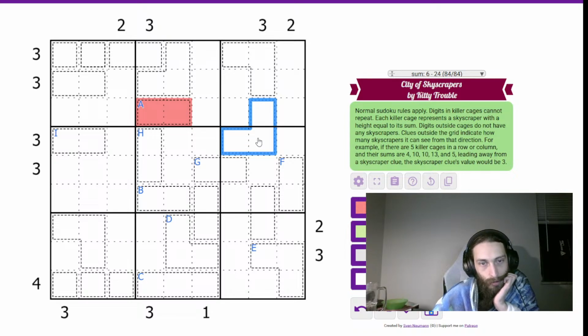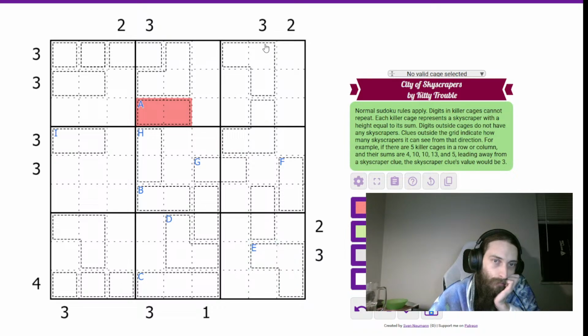Okay, this one is larger than H. But E is larger than H. So I don't know where this is in the chain for this 3. Because this could be larger than E, and then this is simply larger than that, and then it's just those 3. But even if this is smaller than E, because E is seen by the 3 up top here,